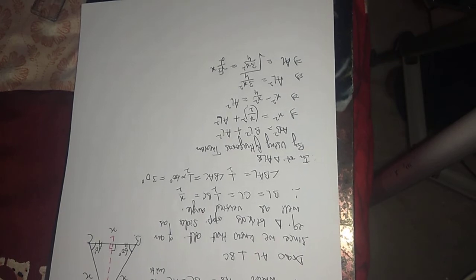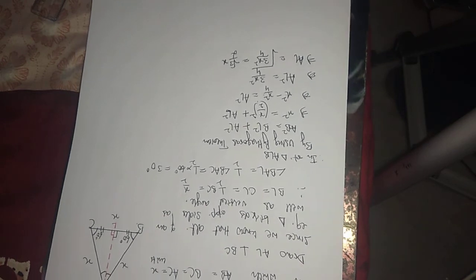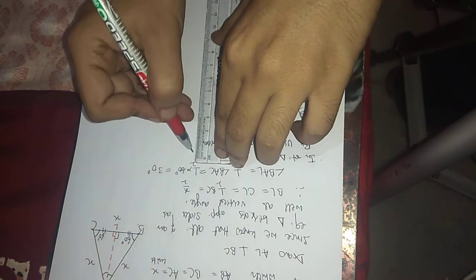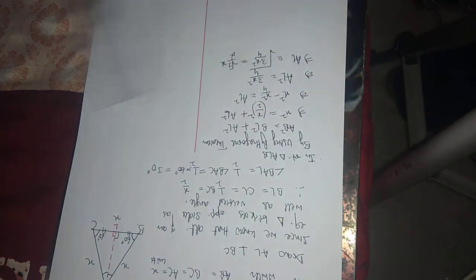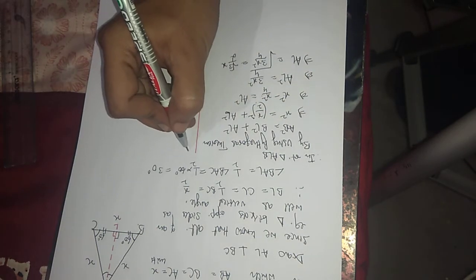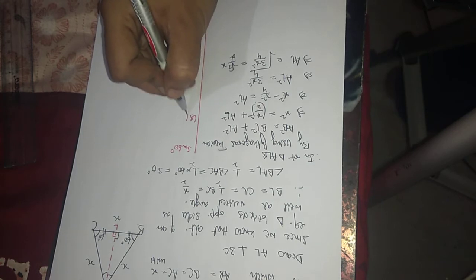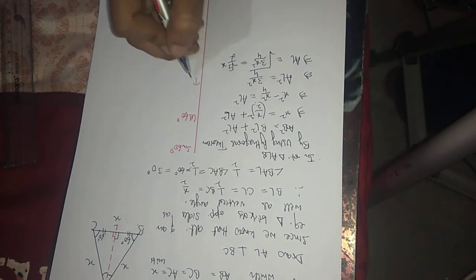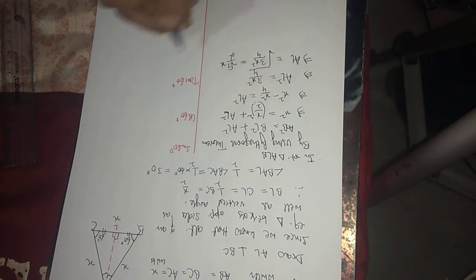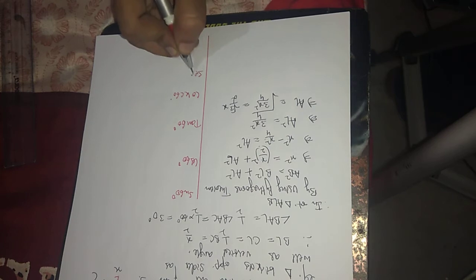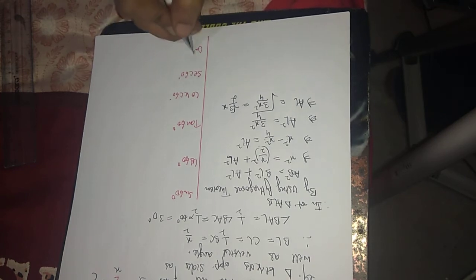Now we have to find the trigonometric ratios of 60. So let us go for the ratios now. Let us take sine 60, cos 60, tan 60, cosec 60, sec 60 and cot 60.